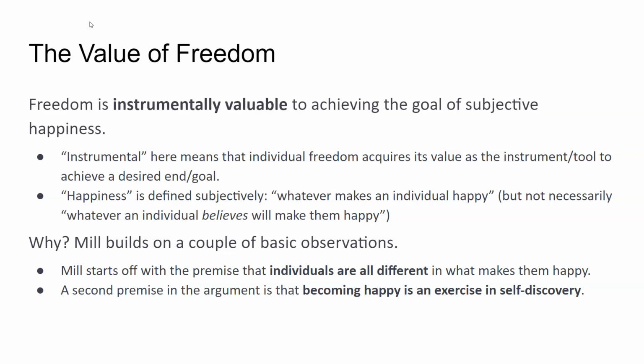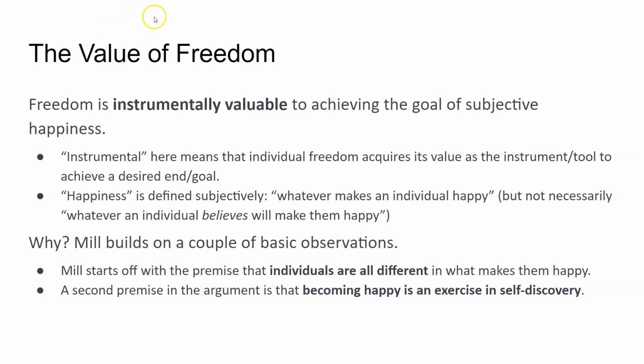But if there's many areas where we can get social status, if I don't have to be the best baseball player, but I can be the best skateboarder or crocheter or bass guitarist or kazoo player for that matter, right? If there's many bases for social status, then many more people can be happy, assuming that social status is one of the sources of self-respect that give people a certain amount of happiness. And so it's not only a fact for Mill that everybody's different, but it's also kind of a necessity, perhaps, that we all be made happy by different things.